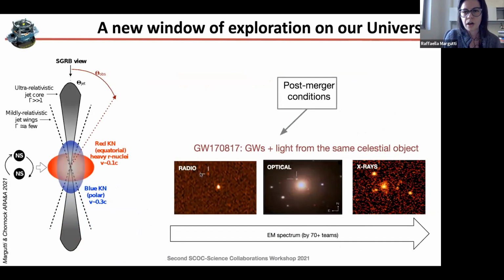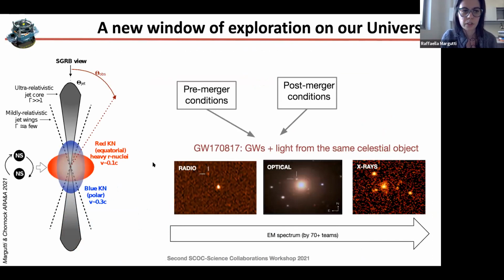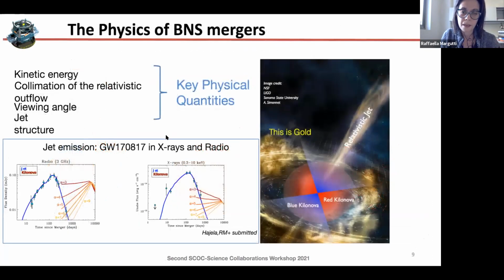So I just want to remind ourselves, what are the key things that we can do right now in this world where we can follow up stuff in the gravitational world and with photons. So we have this opportunity to map for the first time both the pre-merger conditions and the post-merger conditions by putting together these two carriers of information. And just a few highlights of physics that we can do. We can study the properties of the ejecta, all the types of ejecta from these neutron star mergers, which is the way that we have to actually pin down fundamental physics.